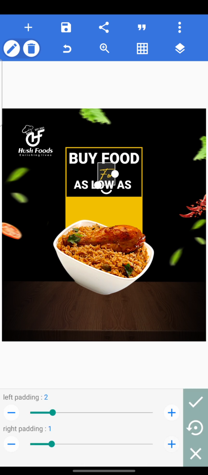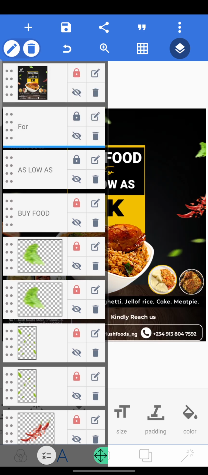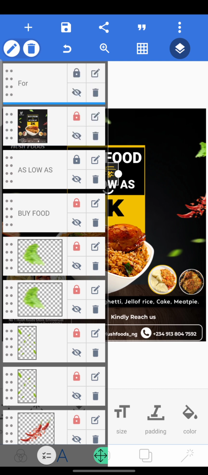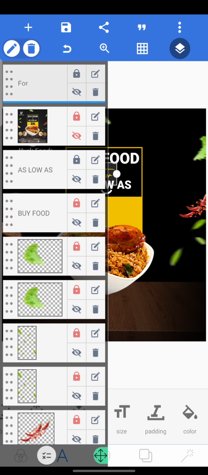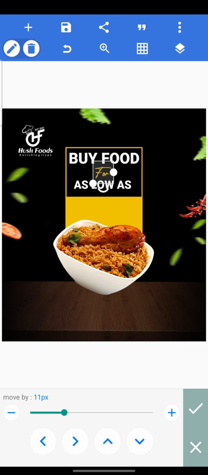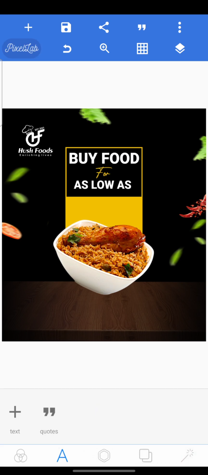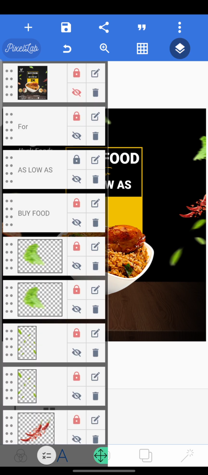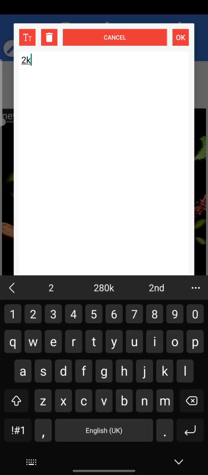Just keep watching. Then we would set it. Try and arrange the yellow color so that the colors will be balanced. After we've done just that, we'll lock it,